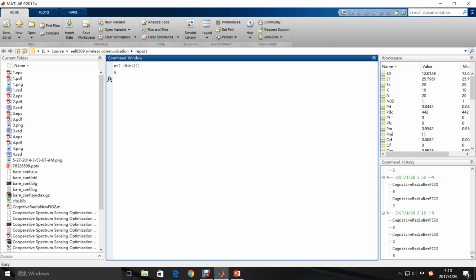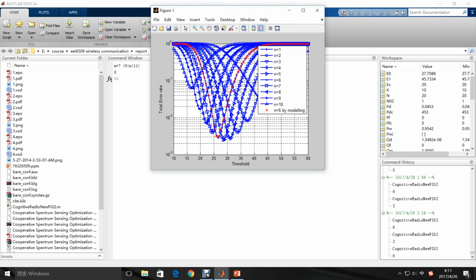So the master node will know more information and make a better decision. So the accuracy will be better than the hard combination. However, because you do more communication with the